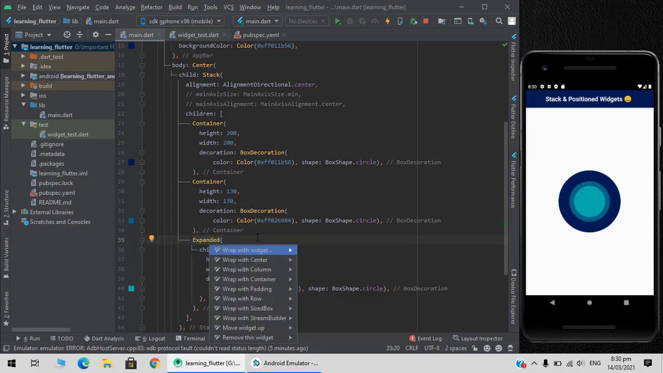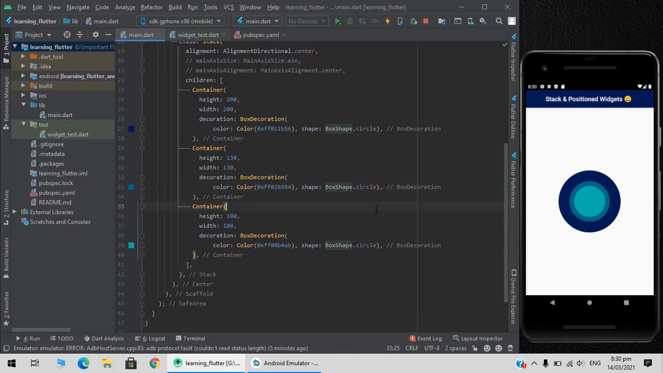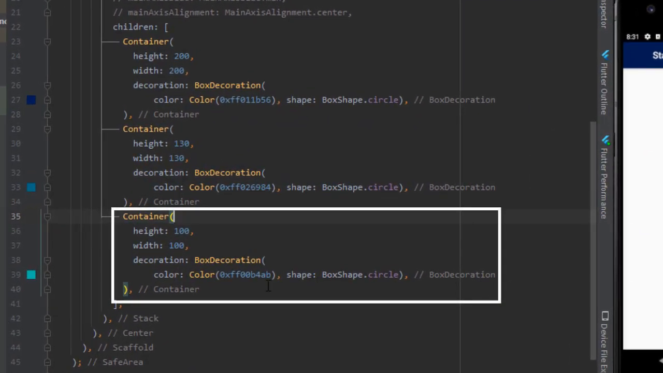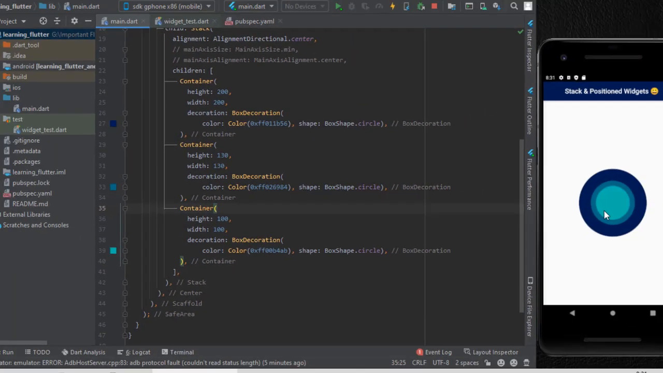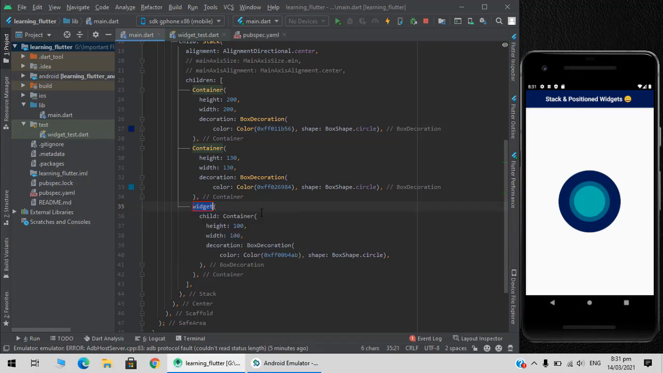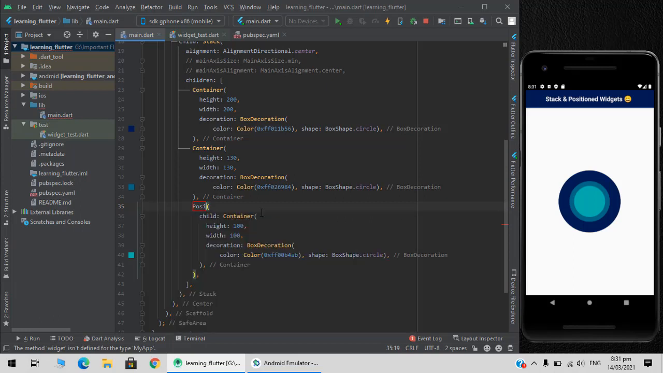So let's remove this expanded, and let's say I want the third container, and I need to place this third one to the bottom right. So I will wrap this with a Positioned widget. Positioned is a very important widget and it's used only in the stack widget to align the children to respective sides. So let's add Positioned,